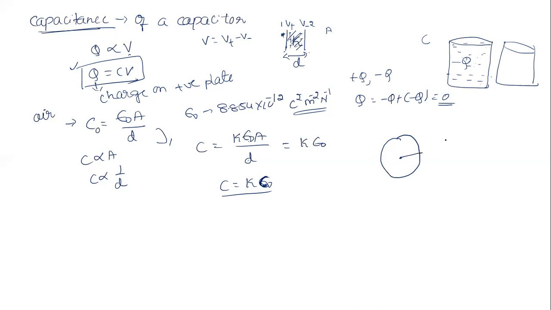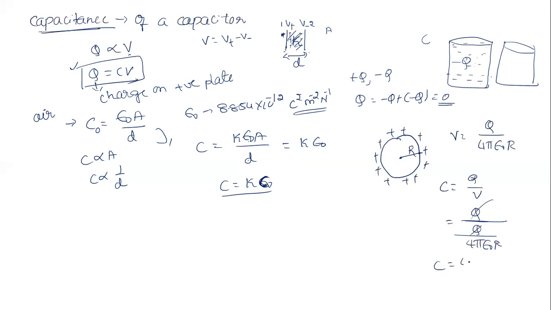Let us now find the potential of this one at the surface having a radius r, because the positive charge given resides only on the outer surface. So V equal to Q by 4 pi epsilon naught r. Then we use the capacitance, C equal to Q by V. So Q divided by 4 pi epsilon naught r. Now Q and Q is going to cancel. So this capacitance becomes 4 pi epsilon naught r.